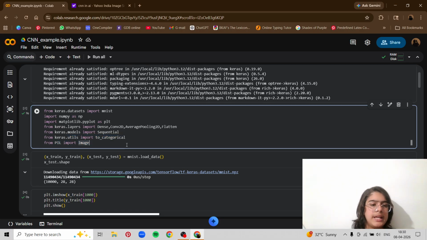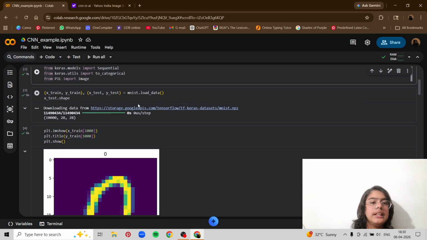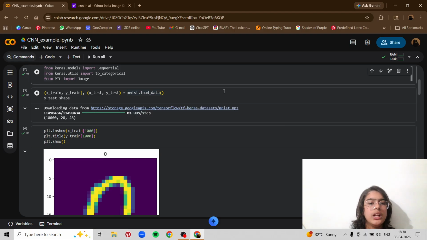and then we of course need to import from PIL import Image, because we're going to work on images. And we have some more keras imports that you can see. Now when you read them, you'll get a little idea of what we're going to do. So you have convolution, you have average pooling, you have flatten layer. So let's move on.